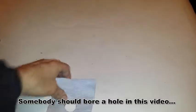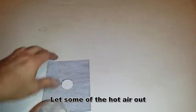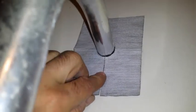I just found the center, and you can see that I kind of marked off a circle, folded it in half, and just like making snowflakes, I cut the circle out that way. And then of course I have to get it on here, so I had to slice it open up the back. But this stuff sticks to itself, so the combination of this stuff sticking to itself back here, and then